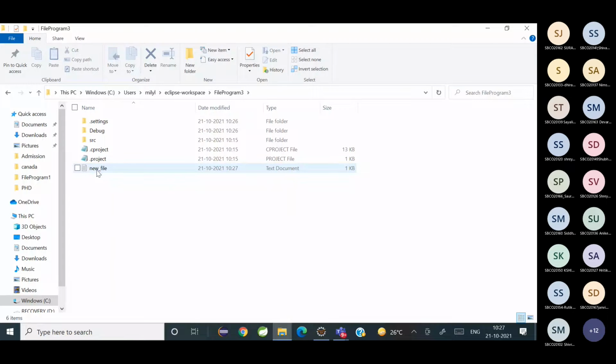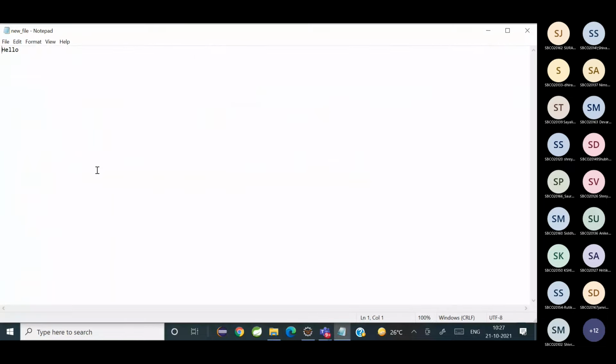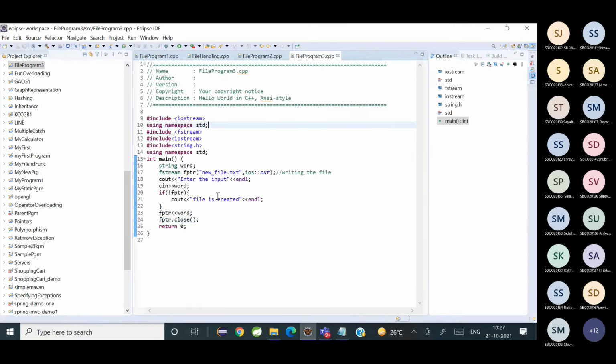See, the new file got created. Can you see? Okay, it didn't take the space, so we have to use getline. Okay, we'll do it once again. Word.